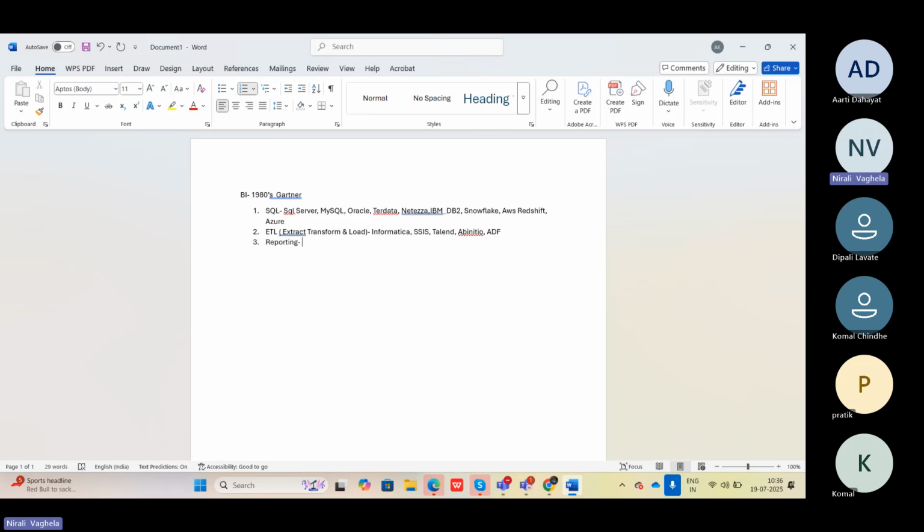Okay. Now, what exactly are these reporting tools? Again, we also have to deal with a lot of reporting tools. So Power BI is one of them, which is booming in the market. We have Tableau, we have Qlik, we have Looker, we have QuickSight.